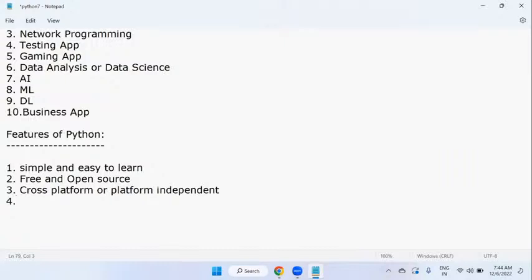It can be run on any platform easily. Moreover, Python programs are completely portable. That means portability in nature. We can migrate from one platform to another platform easily. So it is platform independent also. Once we write a Python program, it can run on any platform without rewriting the code